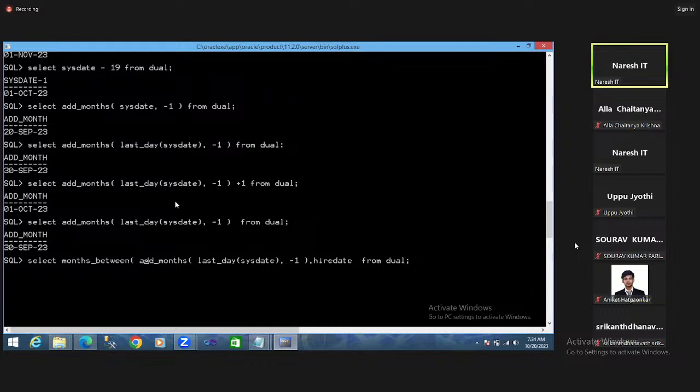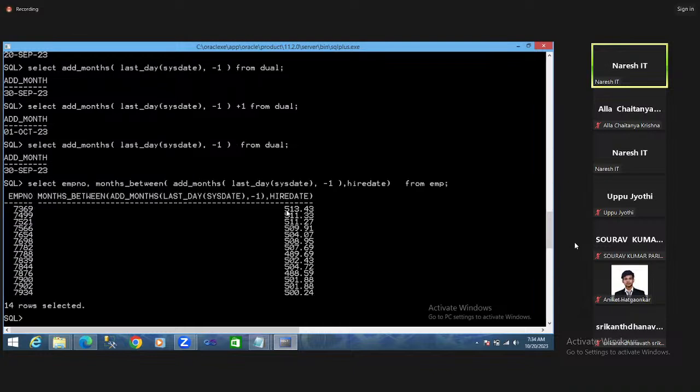This total output is from 30 September 2023 to the employee date of joining, till how many months are completed. That number of months is coming. That number of months into monthly salary from the employee table along with employee number. Or else first try to take how many months are completed. Suppose 513 months, 512 months, 511 months, 509 months. Right or wrong? So star